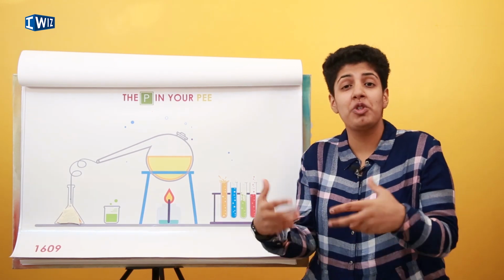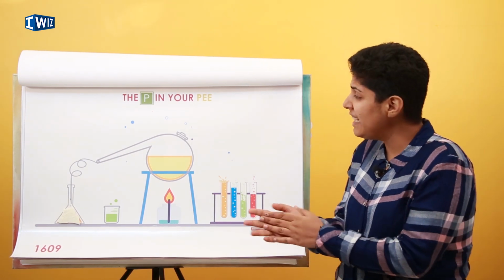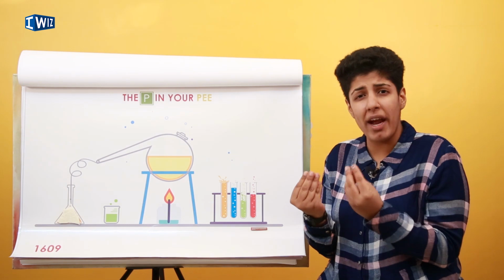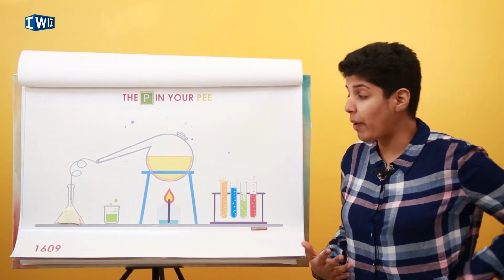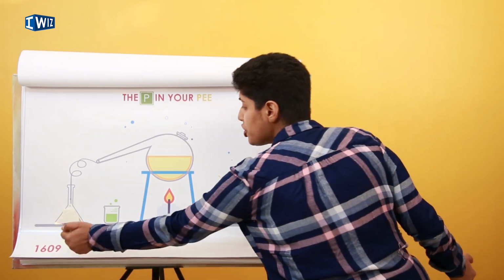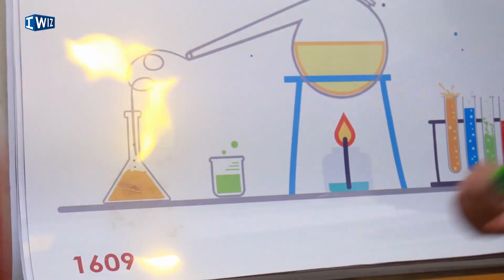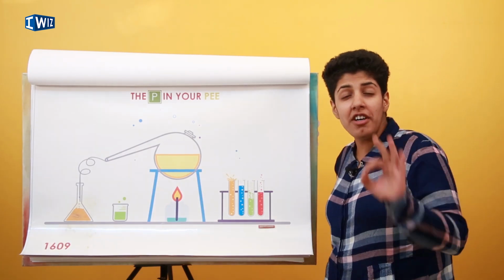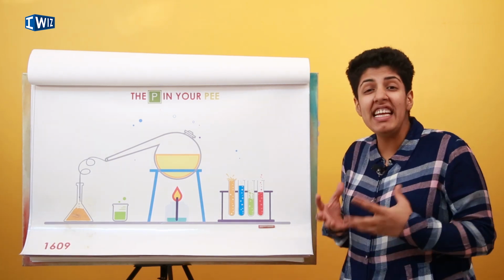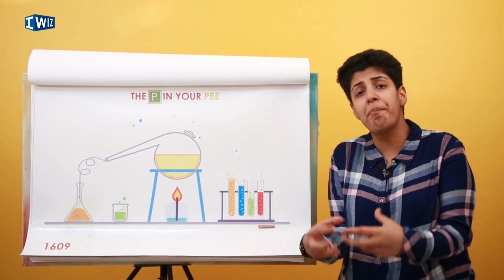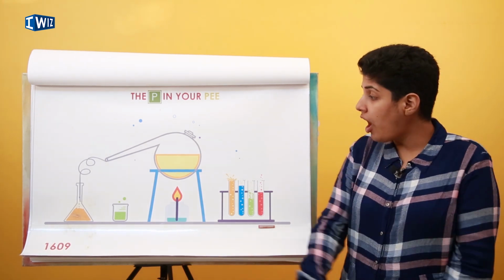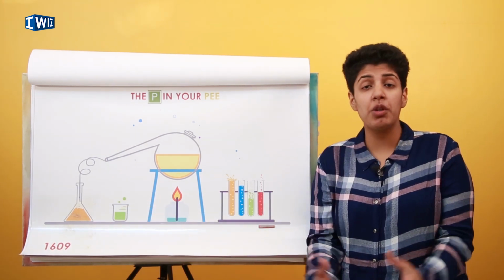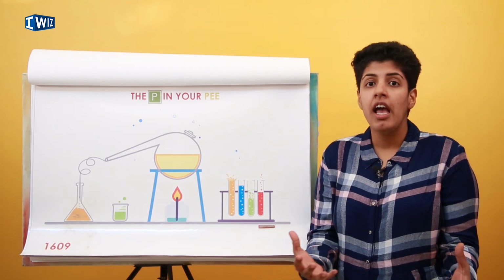And then his process was to heat this up. He heated it up till he got this white paste, okay? And then when he wanted to do experiments on the white paste, he realized that it just burned. So that was the first time we found an element. We heated a compound so much that it broke down into the simpler stuff that it was made up of. What Brand had discovered was actually white phosphorus.